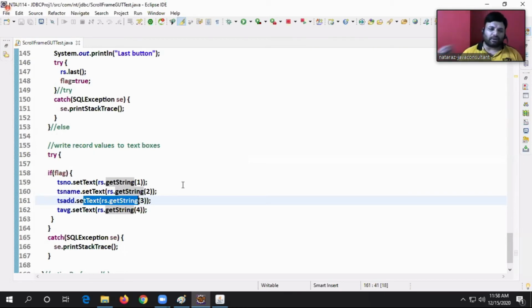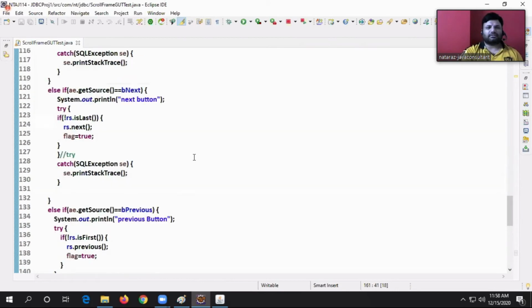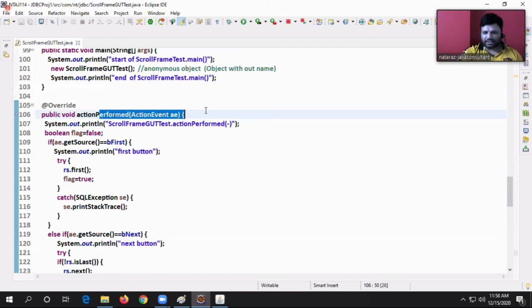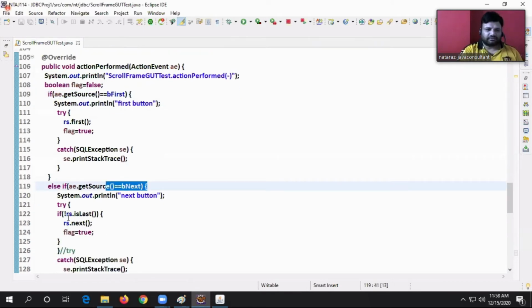Again, you will click one more button. Let us assume you clicked on the next button. Again, freshly actionPerformed. Is it B first? No. Is it B next? Yes.